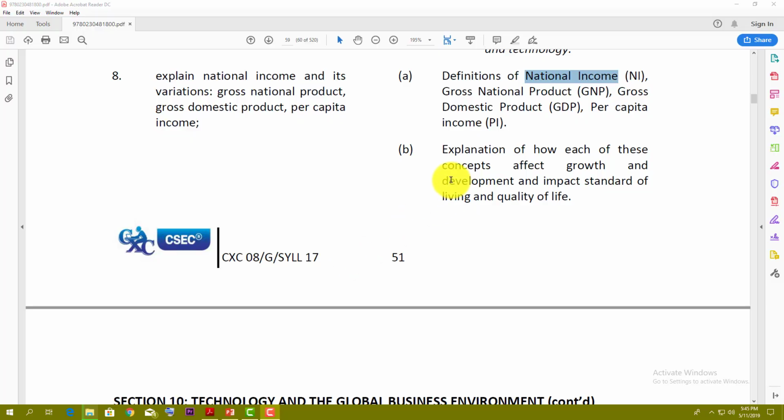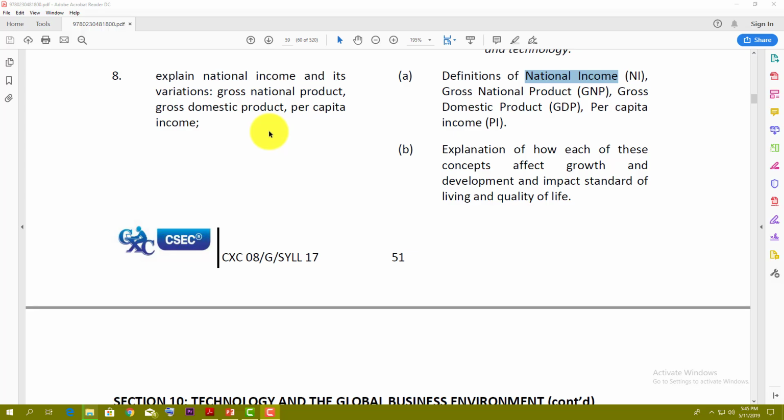So today we are going to be looking at section 10 in the Principles of Business CSEC syllabus, and we are going to be looking at objective number 8. Explain the national income and its variations: gross national product, gross domestic product, per capita income. So we are going to go through these three concepts, and we are going to compare and show the difference